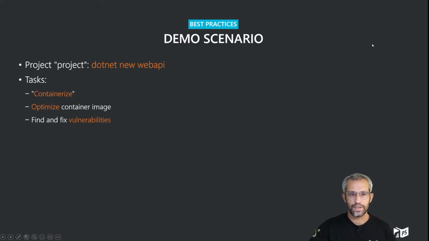But without further introduction, let's dive right into our topic, which is the demo scenario. So what are we going to take today? What are we going to put into our container image? What I did is I already created a new project and creatively called it project. And I used .NET New Web API as a command to set up that project. If you don't know, .NET New Web API is using the standard template of .NET to create, as the name says, a web API. What we want to do now is we want to put this into a Docker image,